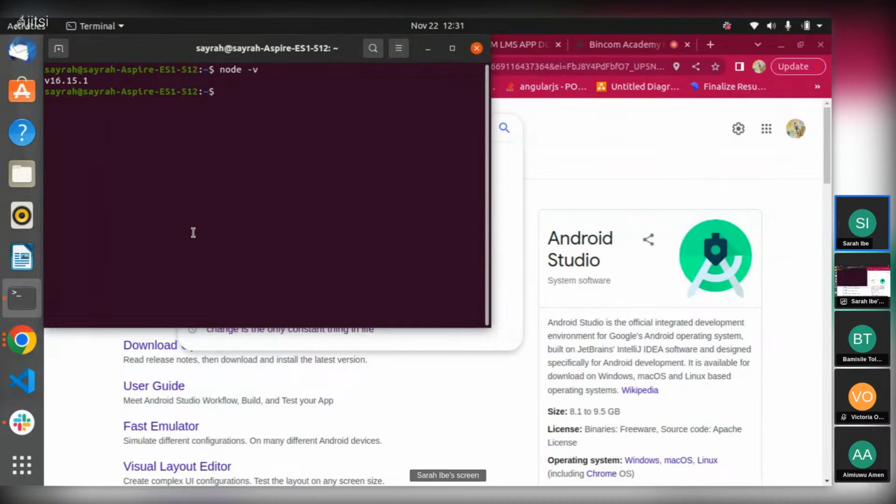One thing is that it works differently for operating systems. If you are using Windows, it works differently, and if you are using macOS, it works differently, and if you are using Linux as well, it works differently. I'm using Linux, so how I specify the location of my tools in Linux is different from how you specify them in Windows. Let me show you guys what environmental variables are like on Linux.